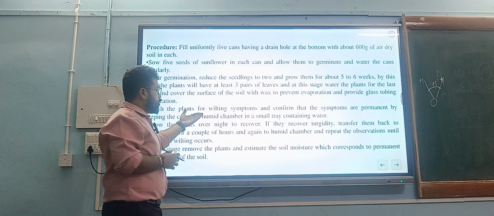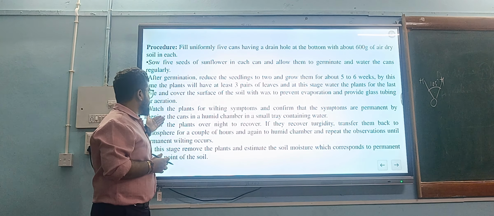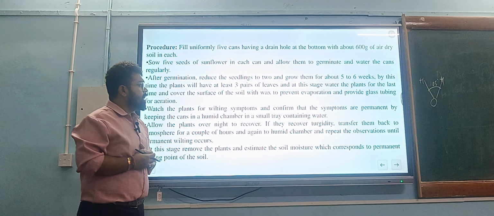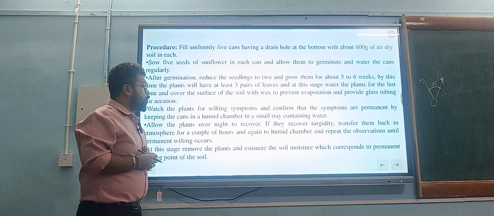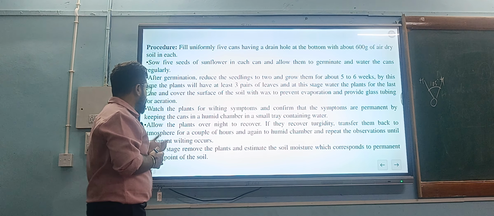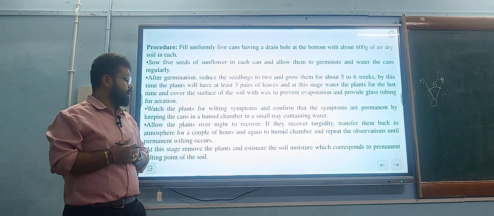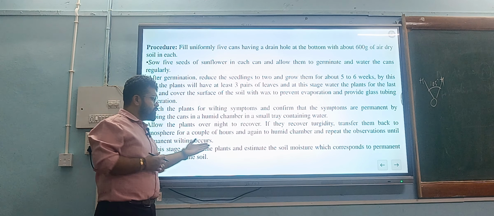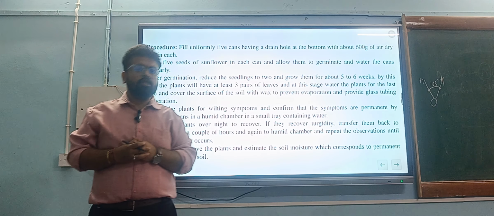Then watch the plant for wilting symptoms and confirm that the symptoms are permanent by keeping the can in a humid chamber with a small tray containing water, and allow the plant to recover overnight. If it recovered turgidity, transfer it back to the atmosphere for a couple of hours and again into a humid chamber. Then at this stage, remove the plant and estimate the soil moisture content which corresponds to the permanent wilting